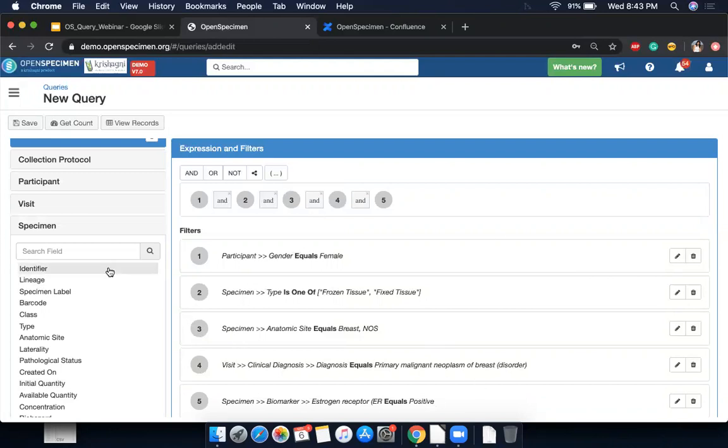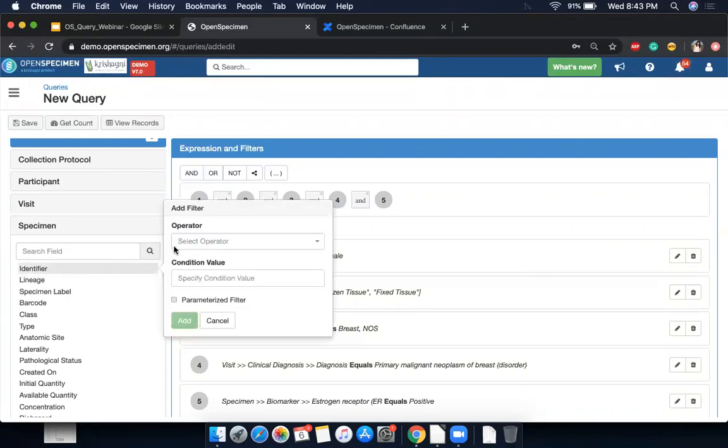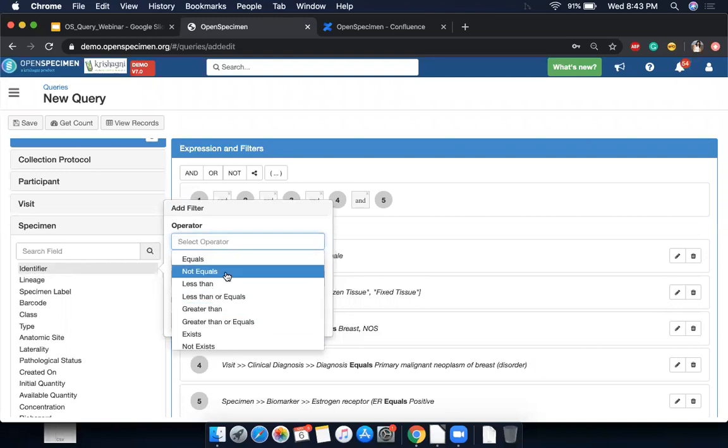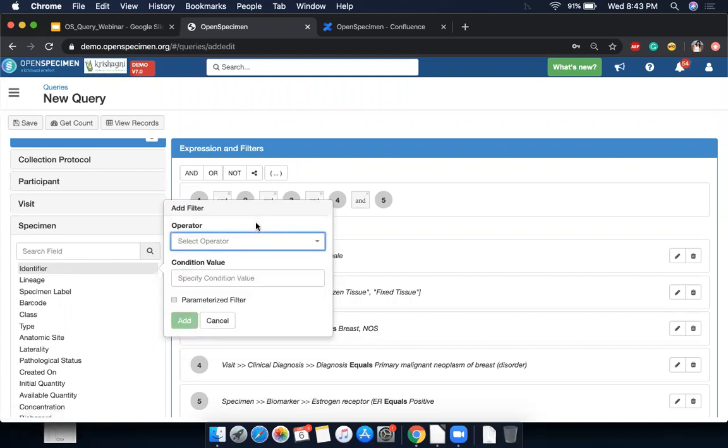And just one more point. If you select a numeric field when you're adding a filter, suppose I chose identifier, the operator list is different. So it has equals, less than, greater than. Whereas if you choose a string or drop down value, then it is: starts with, ends with, contains. So based on the field type, the operators also change.